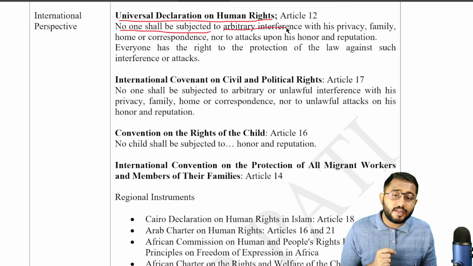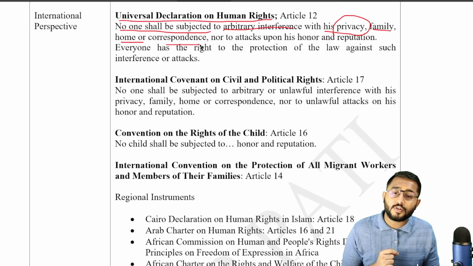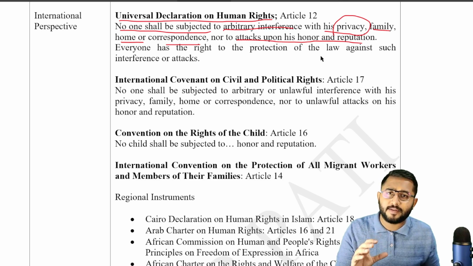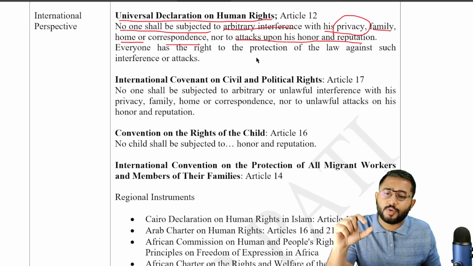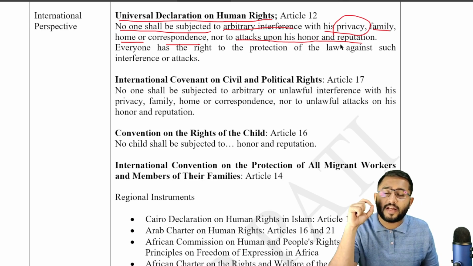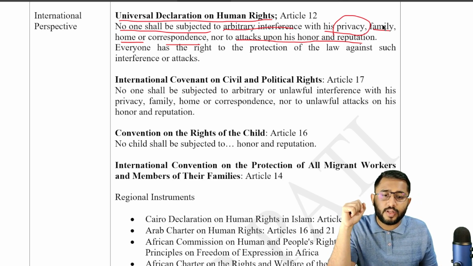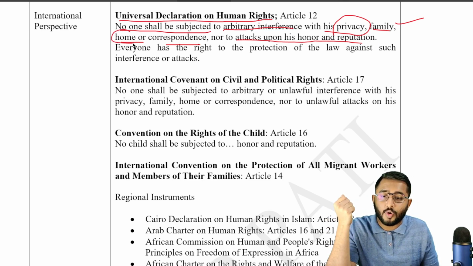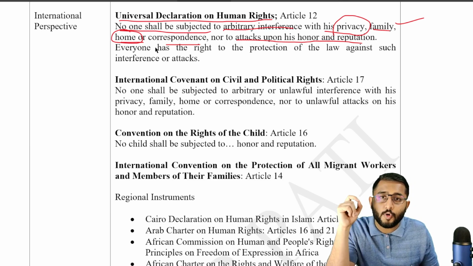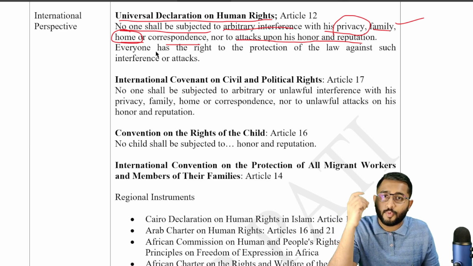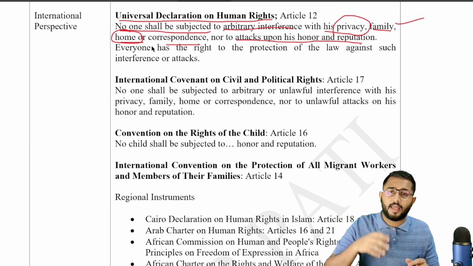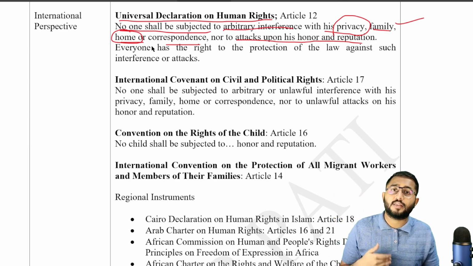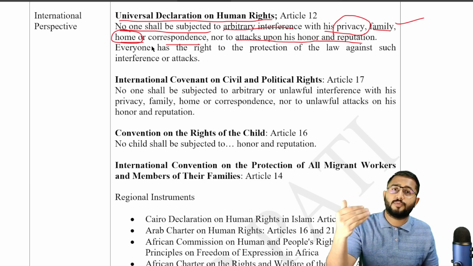Article 12 of the Universal Declaration of Human Rights very explicitly mentions that no one shall be subjected to arbitrary interference with his privacy, family, home, or correspondence, nor to attacks upon his honor and reputation. So very clearly, in short, the Universal Declaration of Human Rights says that जो right to privacy है, it extends not only to that person but also to the person's family. It extends towards the home. Remember, we spoke about how a person's home is an invaluable asylum, right? वो एक पवित्र जगह है, वो एक sacred जगह है. एक person का घर वो एक sacred जगह है जिसके अंदर breach करना is breach of privacy.